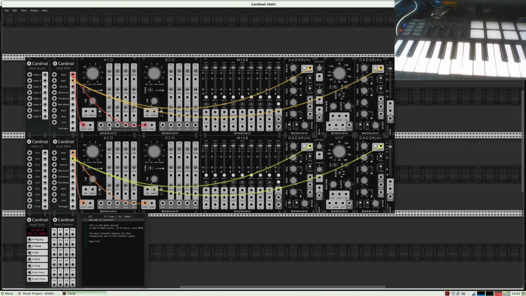Now I need to connect these oscillators to the mixer. Here we have a rectangle, a sawtooth, a triangle, and a sine wave on both oscillators, and here the same, and I connect them to the inputs here.